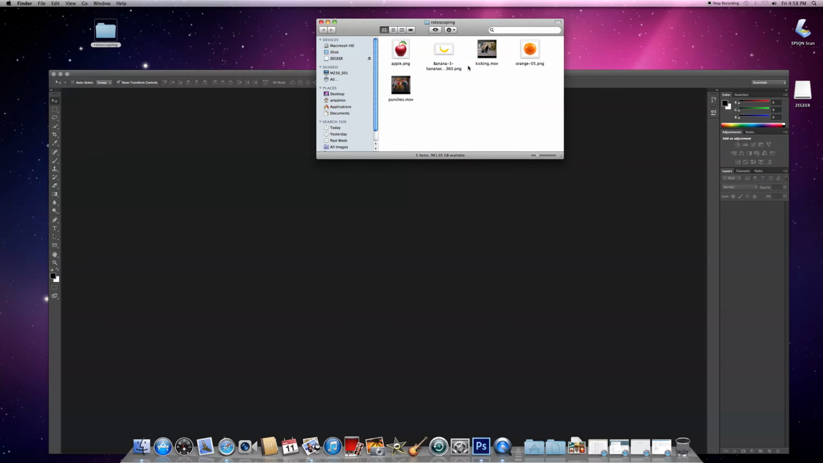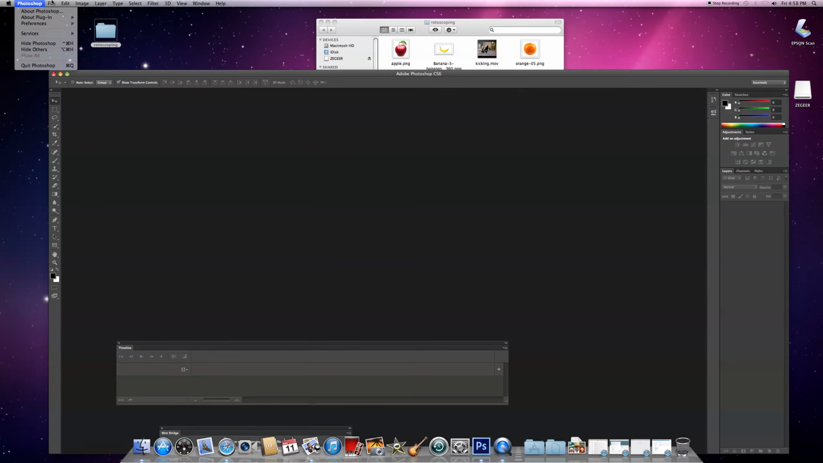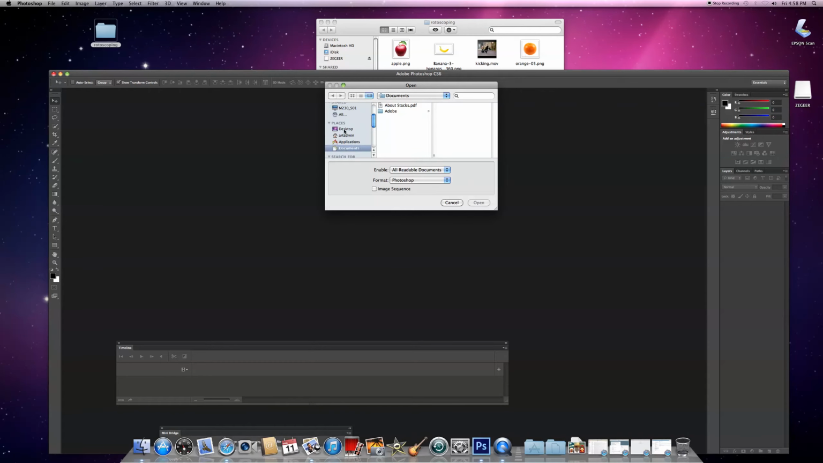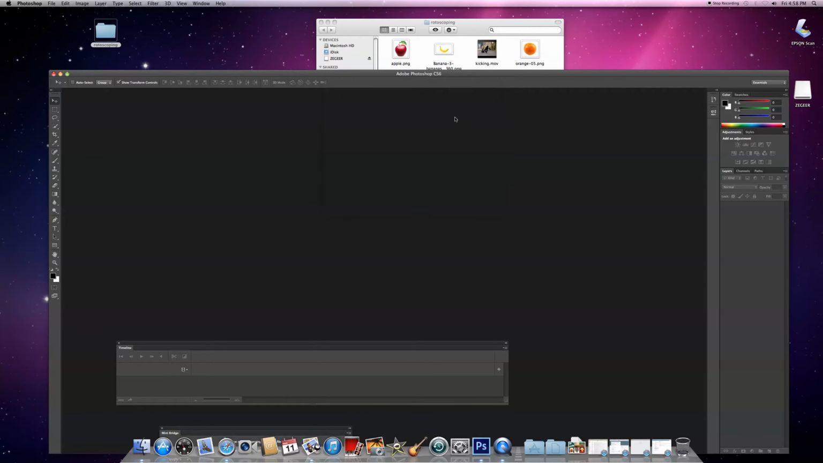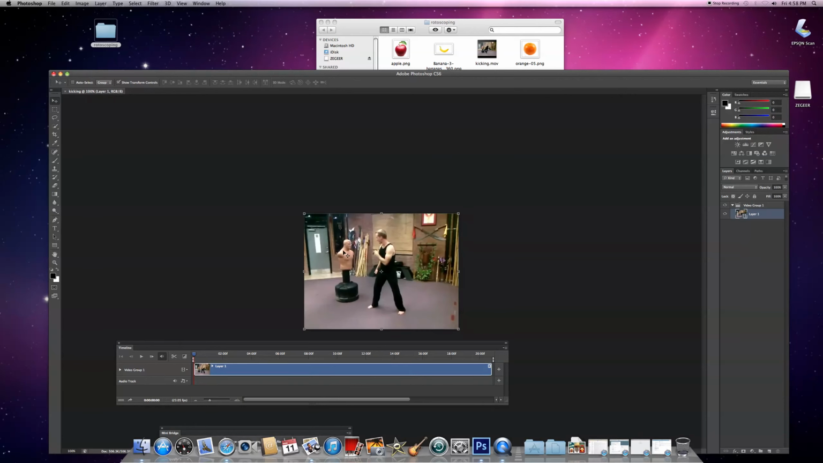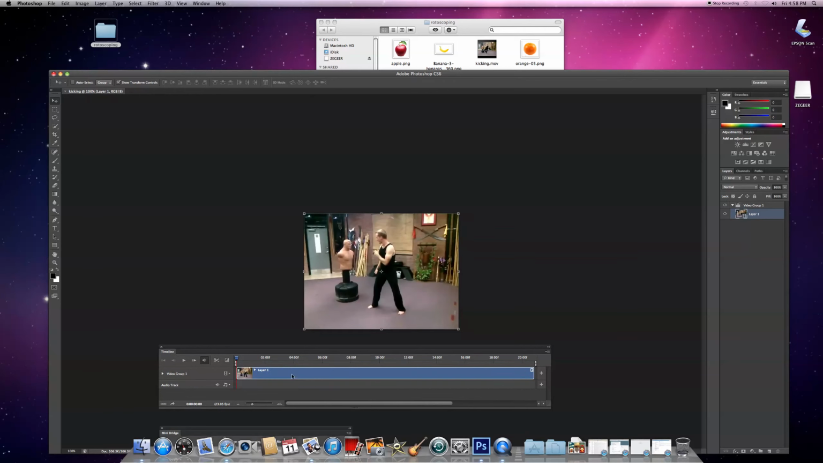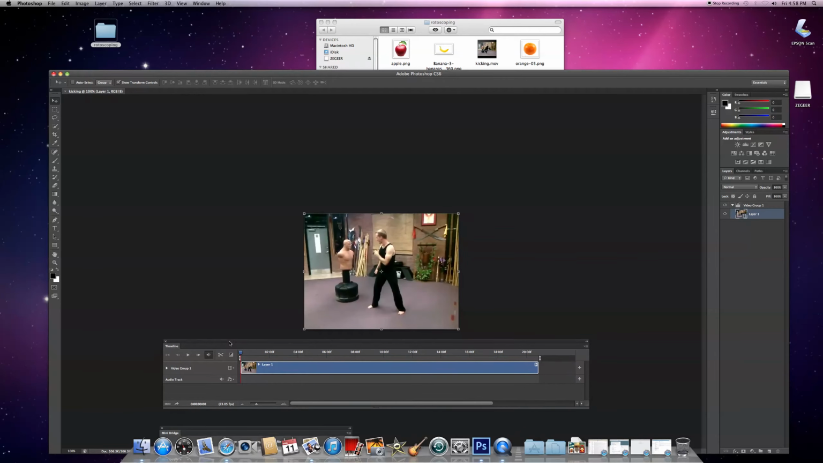You can just drag it into Photoshop or open my folder's on the desktop. I'm going to open kicking.mov. It opens in its own window. You might have to choose timeline animation, but if your timeline palette is open, it probably will just populate your timeline